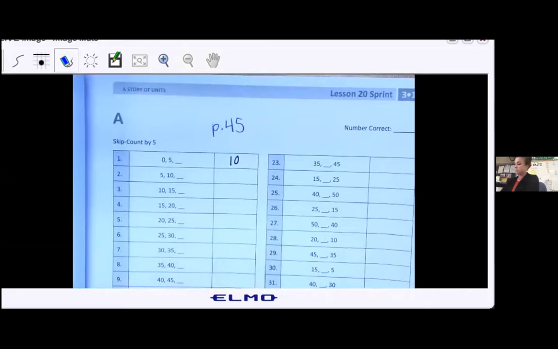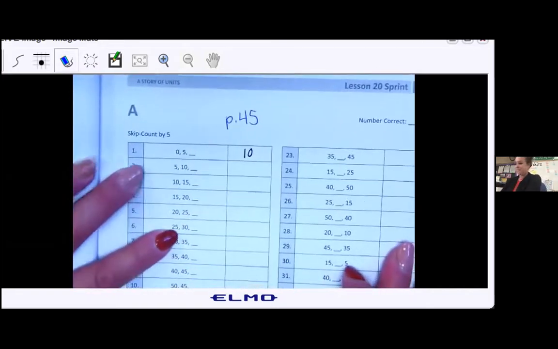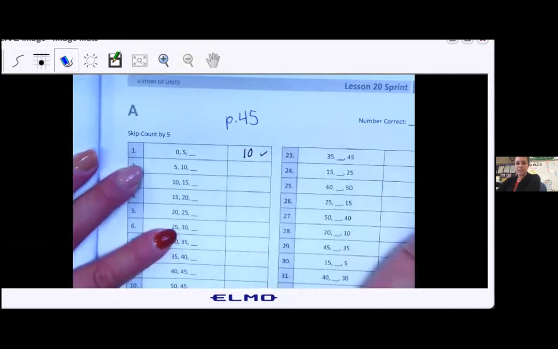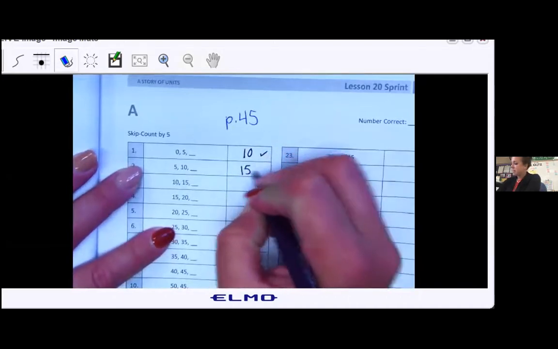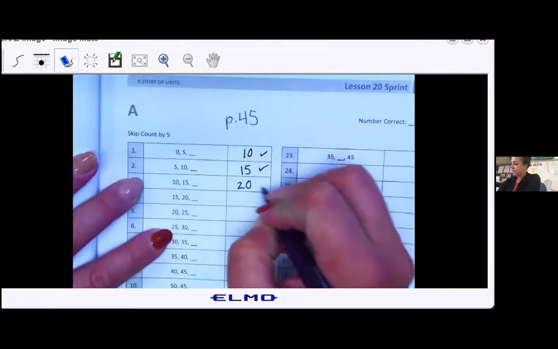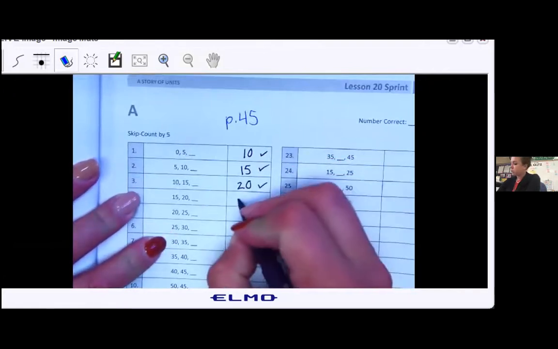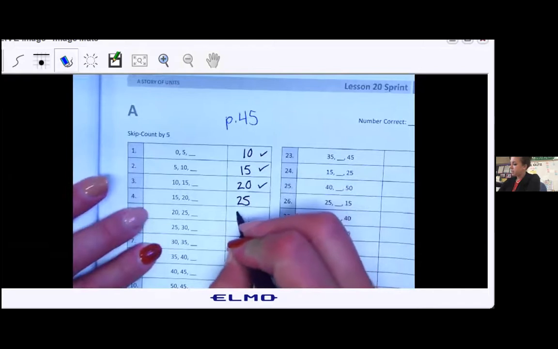Okay, let's go over these answers. So I already gave you the first one, 10. So say yes and give yourself a check mark. 15, yes. 20, yes. 25, 30,